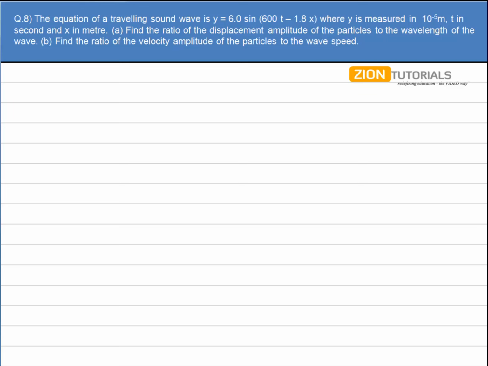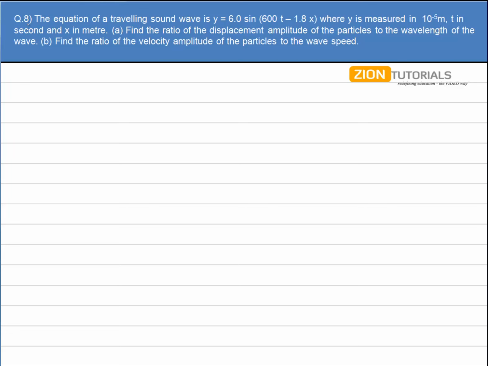The equation of a traveling sound wave is given by y = 6 sin(600t − 1.8x), where y is measured in 10^−5 meters, t in seconds and x in meters. In the first part, I have to calculate the ratio of the displacement amplitude of the particle to the wavelength